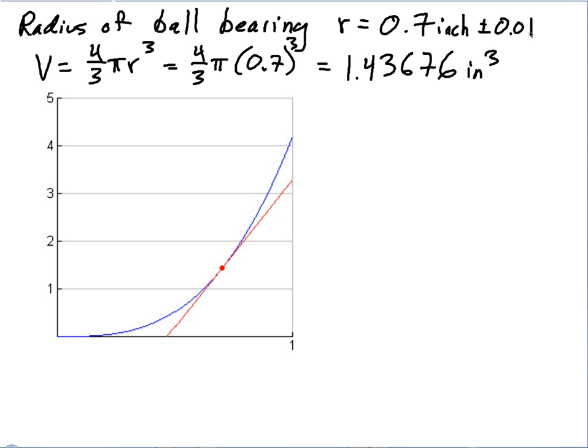So if we were to make a calculation then of the volume of this thing, because let's just say that we know the kind of steel that we use to make the ball bearing, and we want to get an accurate estimate of the mass of this thing, right? So if we know the density of that kind of metal, then we could use the volume to calculate a mass. Maybe that's our reason. Who knows? We're doing this for some reason, though. So volume equals 4/3 pi r cubed. If I just plug in